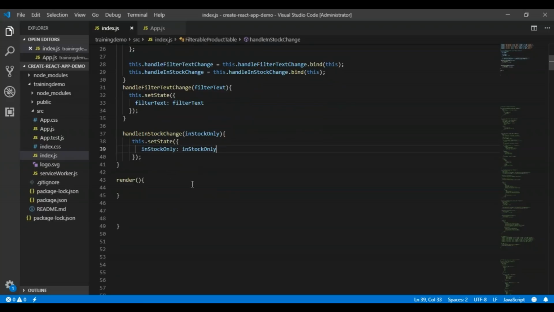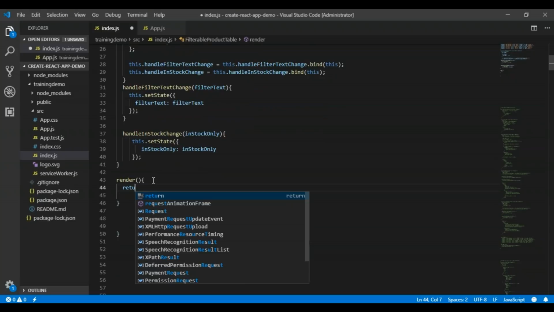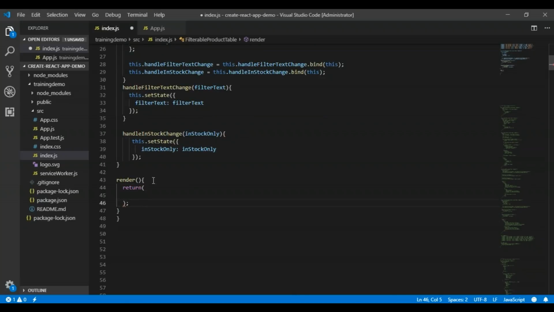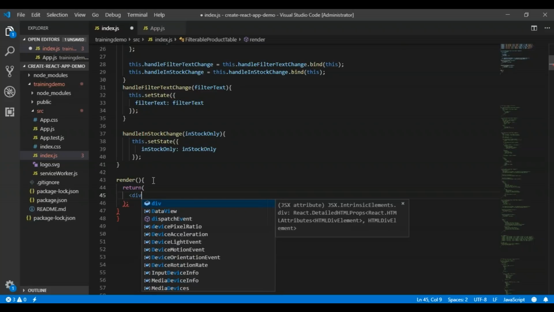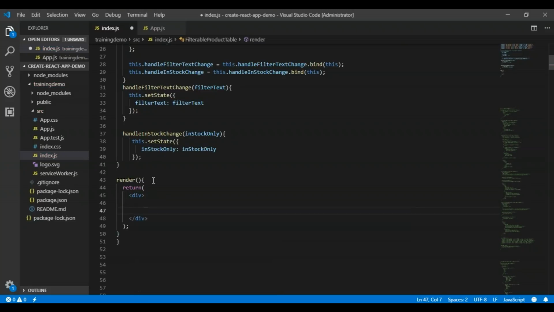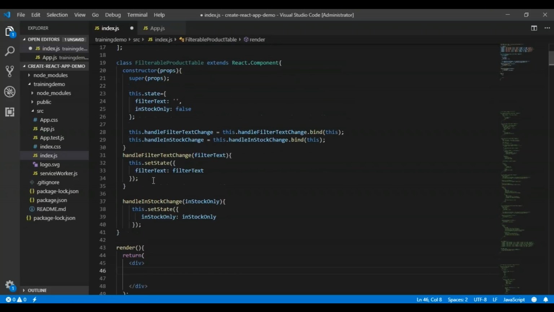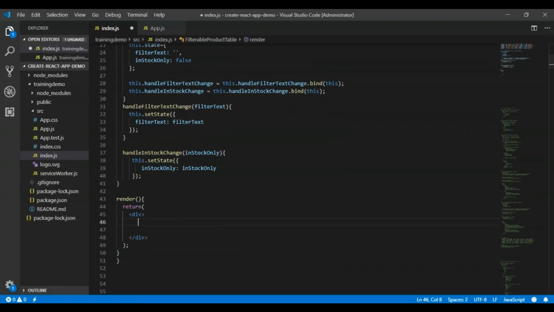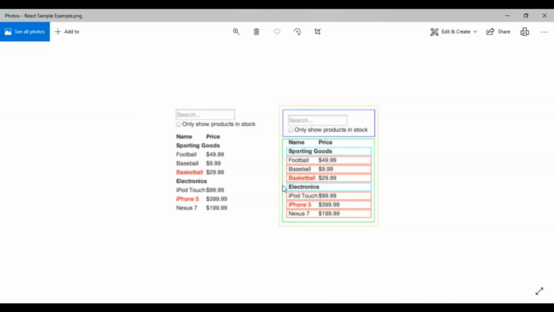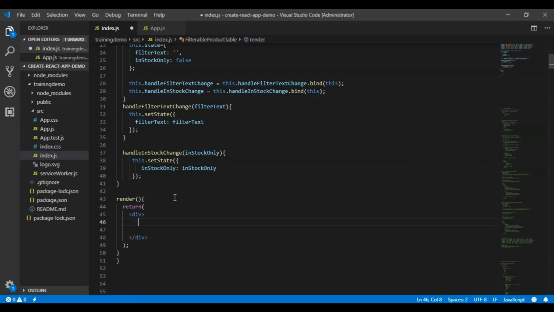Now the final thing is to implement the render method. In the render method, I will have a return statement. So let's close this return. And in this return, I'm going to define first of all a container. Now the important thing in this container is, as I mentioned, that I have a total of 5 components. In this particular search example, I have 5 components to be defined. And this is the first component on which I am working. So what will be the other subcomponents?